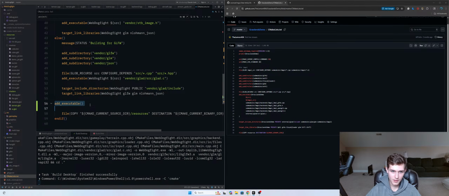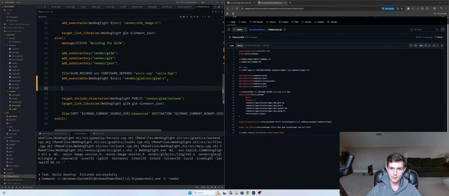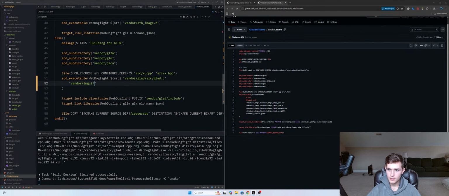I cannot believe. Why did I write add executable? I know what I'm doing. Man, I can't do 2 things at once. Add executable. What was it? Yeah, we have to manually add what? These things. So we'll do vendor, imgui, backends, imgui, what was it? impl, GLFW